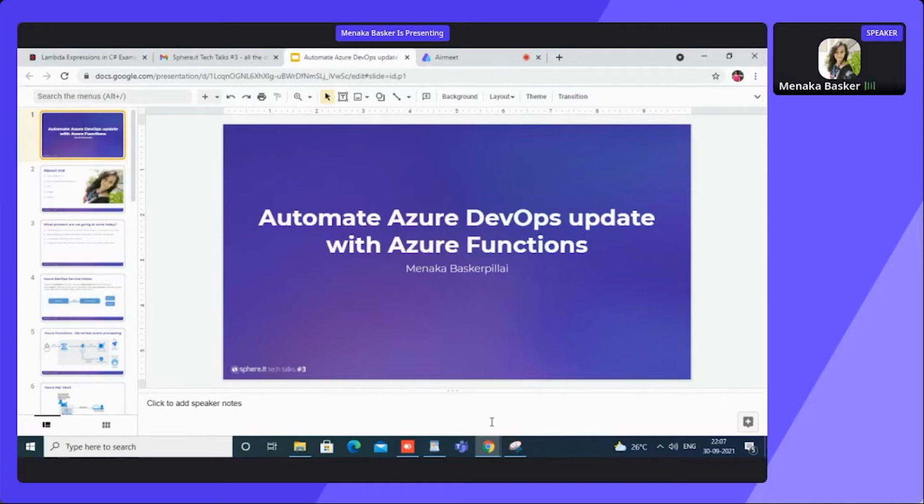Azure Functions. You can ask me, DevOps is at one end of the service and the function is at another end of the service. How is it possible to integrate serverless and DevOps, that is, development with operational things? It's easy. The integration part is made easier with every Microsoft build, because whenever Azure DevOps was launched, a lot of mechanisms have been added compared to the time when it was launched. So let's see how this integration works and how we can authenticate the particular function in Azure DevOps to update the particular task or anything.